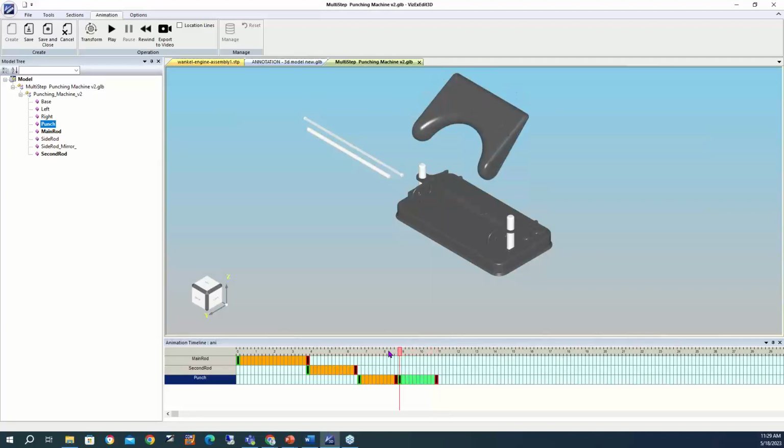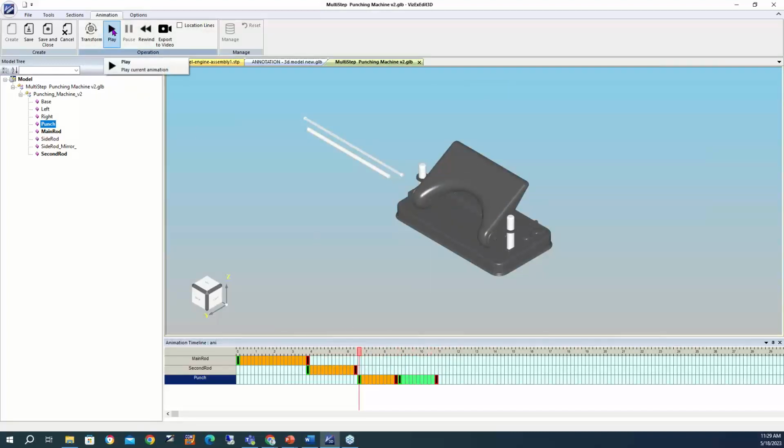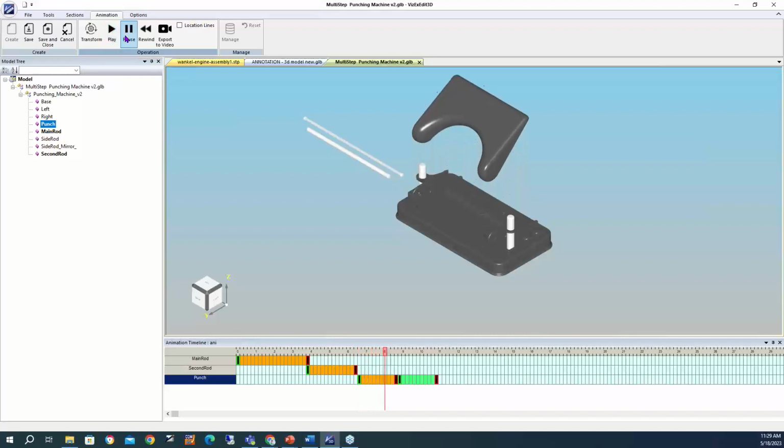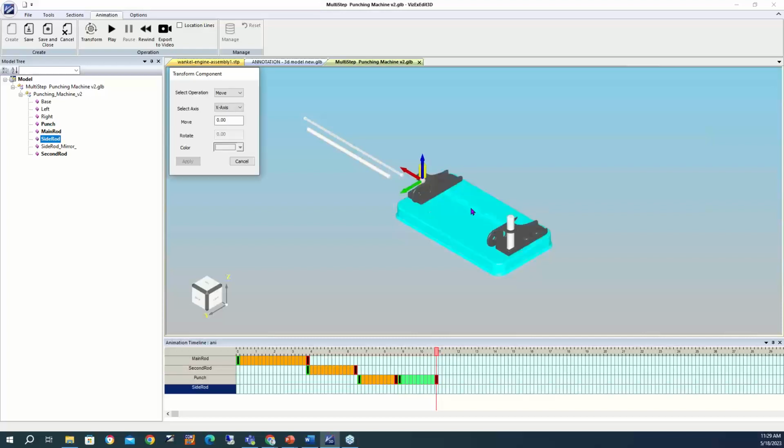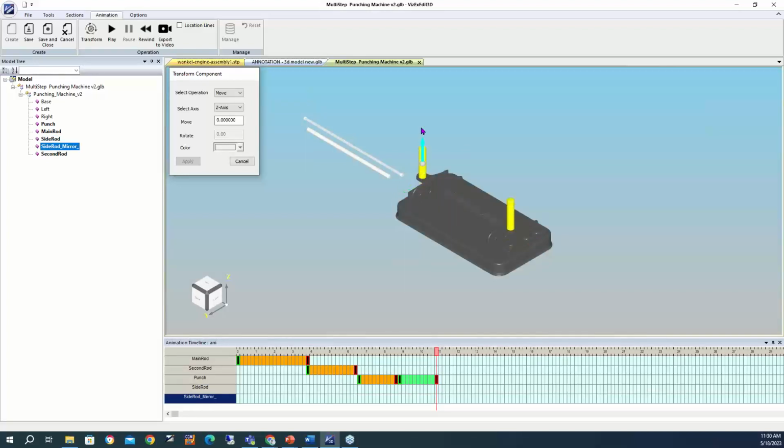So when we pull back now and play this from this point, it goes up and then it'll fade away. And now we can explode the other two parts. So with these two rods here, I can actually explode them. I can shift click, as you would usually do in a graphics program, and select both of them and take them both at the same time. So now they'll actually move together,